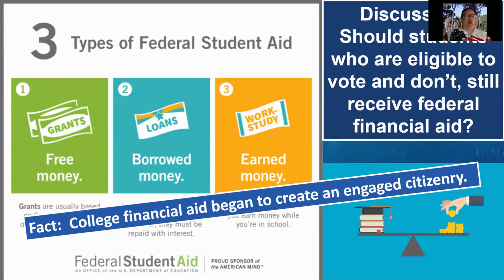So it wasn't only wealthy people and the uber wealthy who are doctors and lawyers, particularly lawyers running the country, who already had money and enough wherewithal, enough political clout to move up. It was to try to encourage people in lower middle class and in the lower class. And so should students who are eligible to vote and don't still receive financial aid, or should it get cut off? I will tell you my own personal opinion, but I would love to know your opinion. I don't think they should.